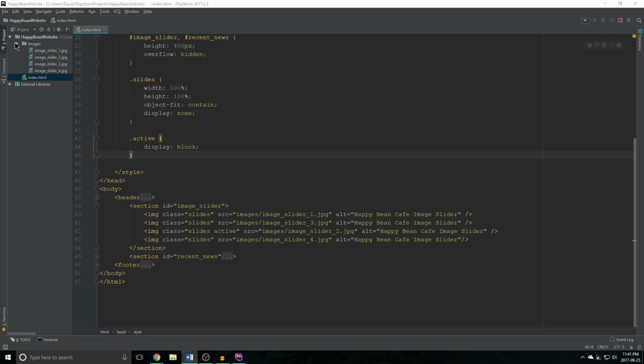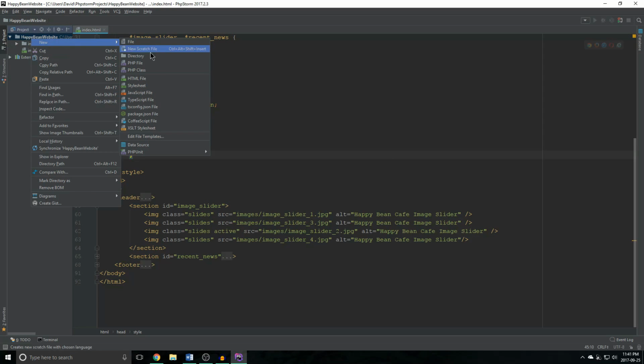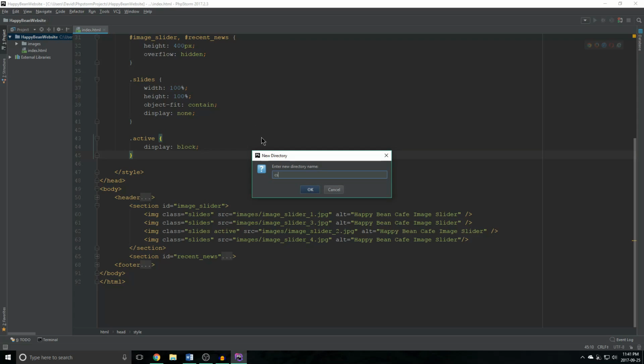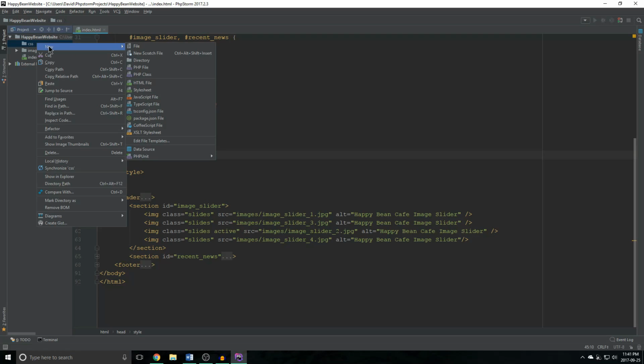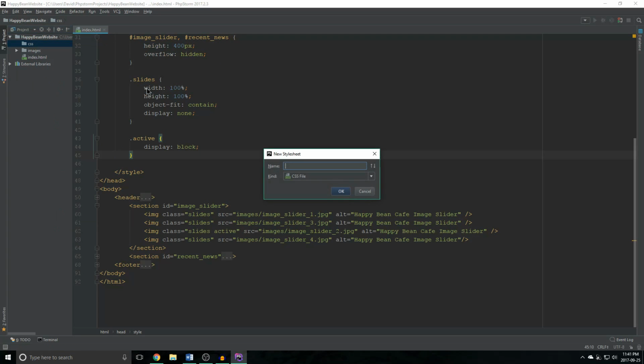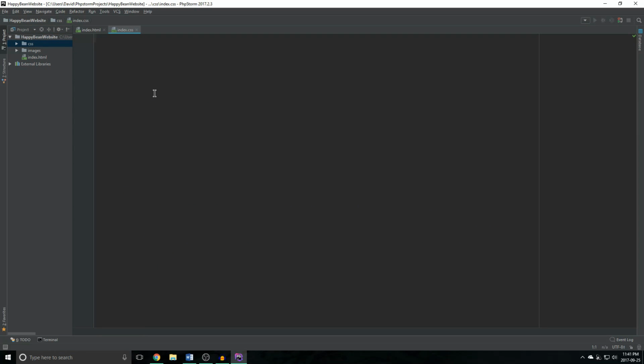Let's start off by creating a new folder called CSS. You can call it style sheets. I call it CSS for short. And in here we are going to create a new style sheet and we're going to call it index. I call it index.css because this indicates to us that this is the main CSS file to be used on